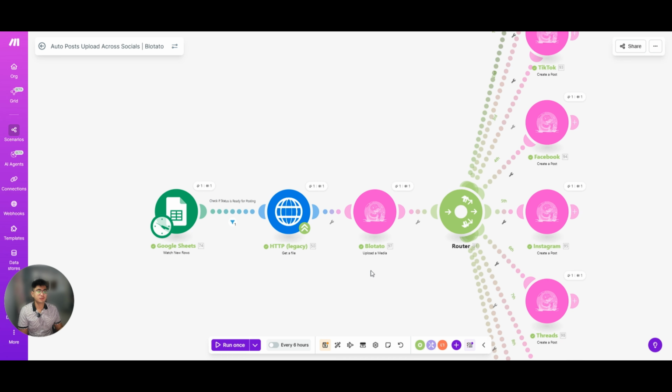So yeah, that's all for this demo. My client, before this automation, posting one video across 8 to 10 platforms easily took 30 to 45 minutes of manual work. Now with this setup, he just uploads a raw video into Google Drive and everything else happens in the background. So for his brand posting daily, that's easily around 30 to 40 hours of manual work saved per month and hundreds of dollars in manual labor eliminated, while actually increasing how many platforms he shows up on.